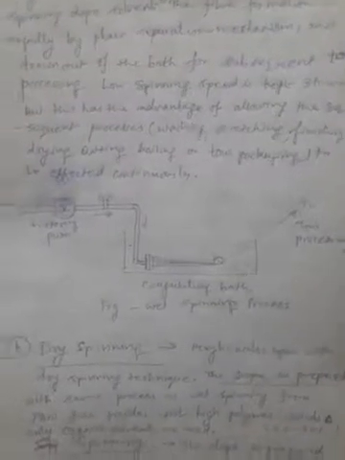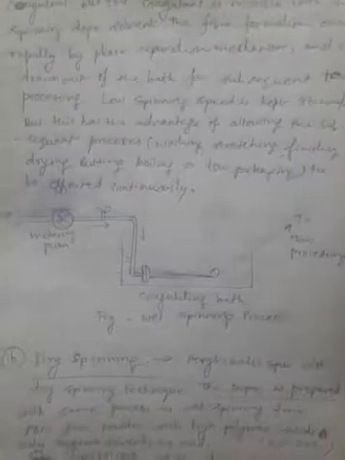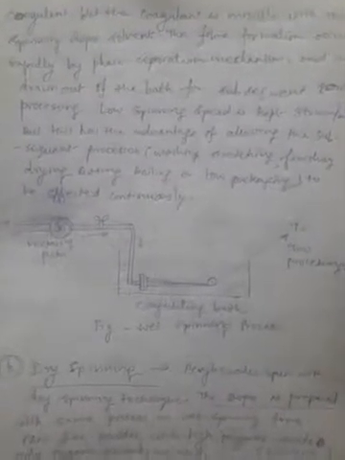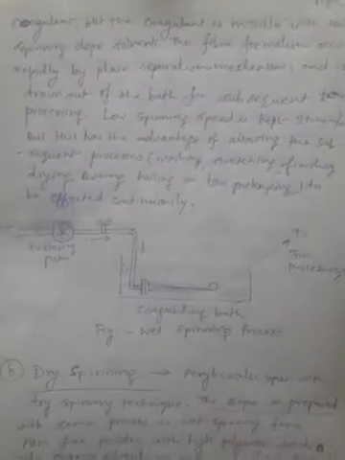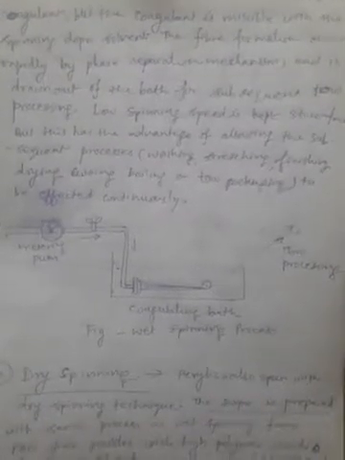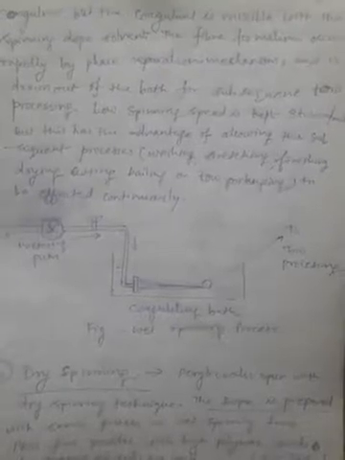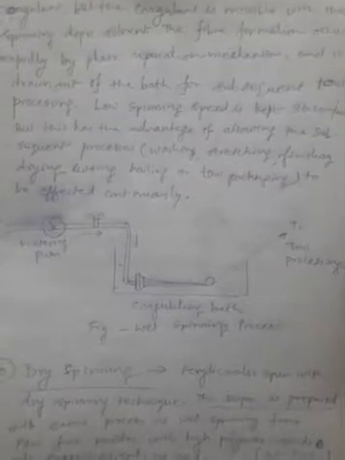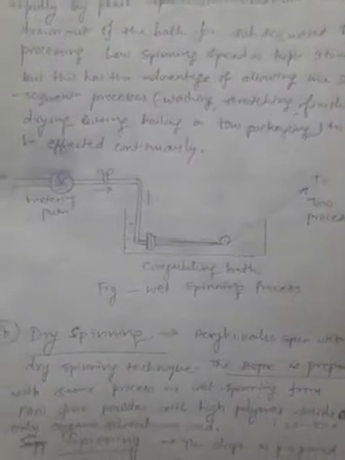Here we need to understand the phase separation mechanism. As you know, the mixing of the coagulant with the dope solvent reduces the overall concentration of the solvent, and because of this reduction, the solvent is no more able to keep the polymer in the dissolved condition. So automatically the phase separation takes place, and solidification takes place.